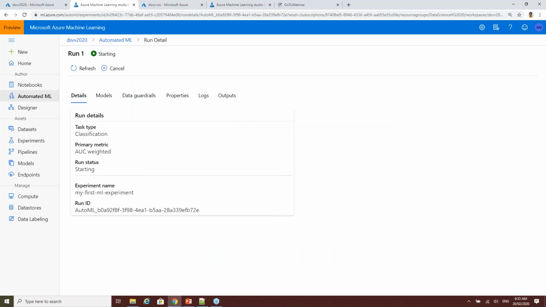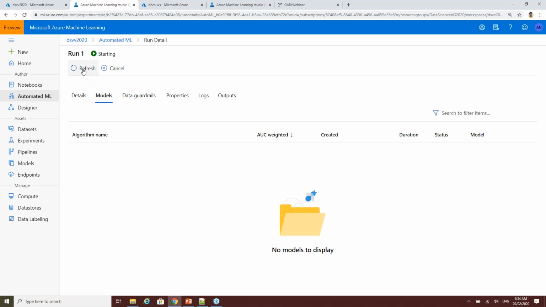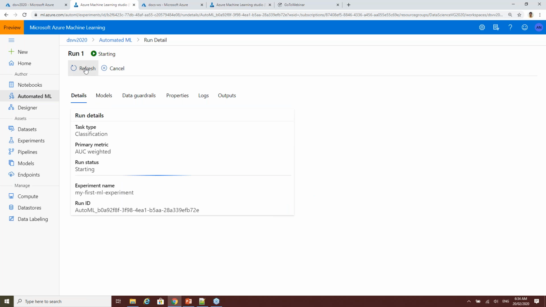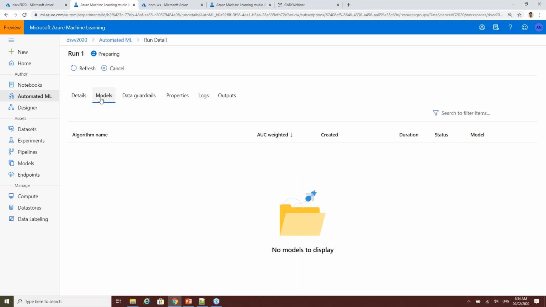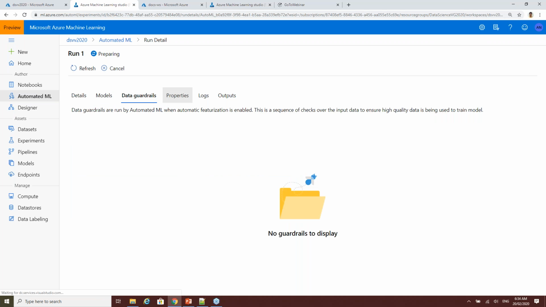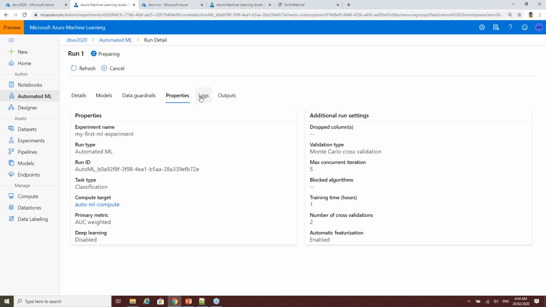As you can see here, this is going to run the different types of models that it can run based on the parameters that you have provided. And finally, it is going to give you the optimal model. While this is running, you can keep refreshing and see what's going on, because it will start showing the different types of models being created as it goes along. Currently it is still in the process of evaluating.